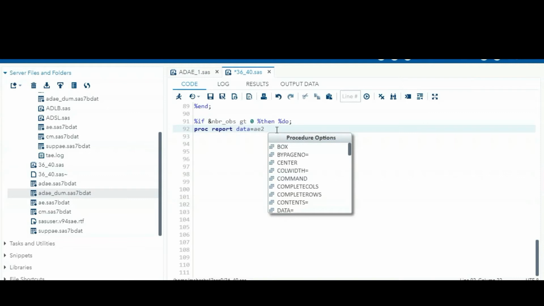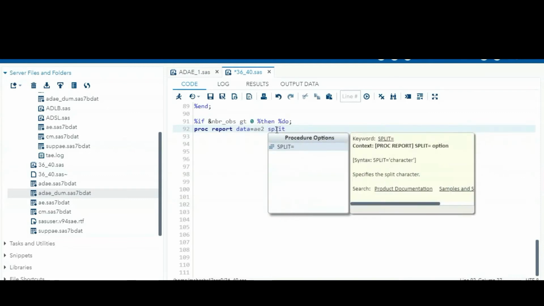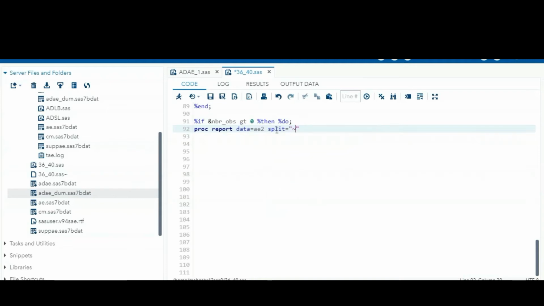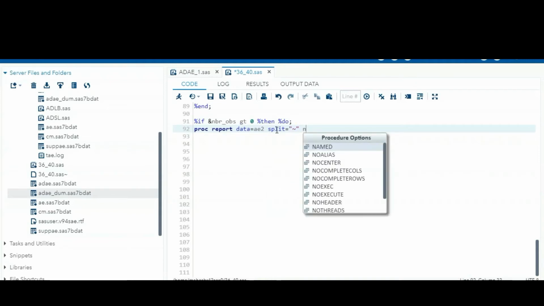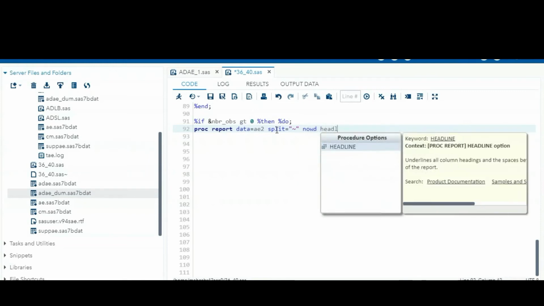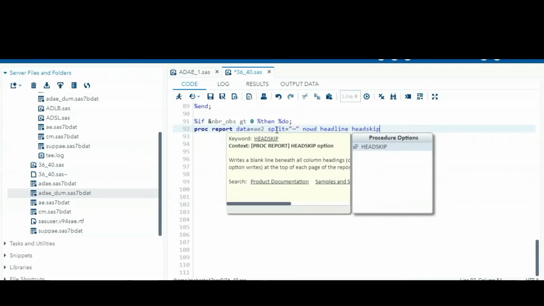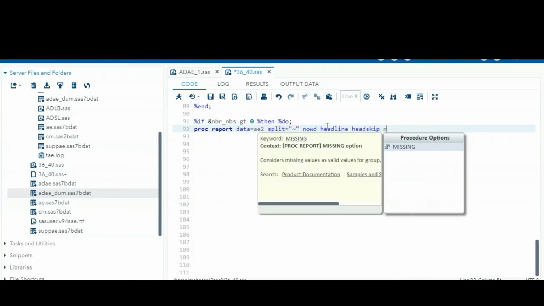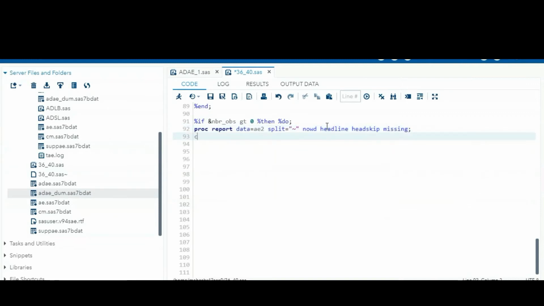You can mention all the options, like split character equal to something like this, nowindows, headline, headskip. Then you mention the column variables: USUBJID and AETERM. In the listing, if they are asking for only two variables, I display these two variables.